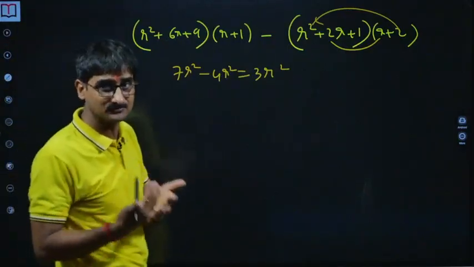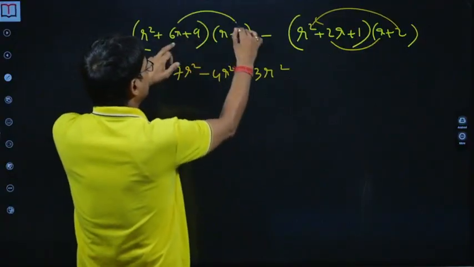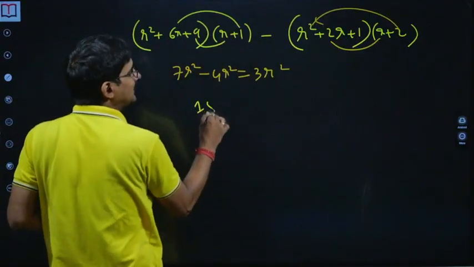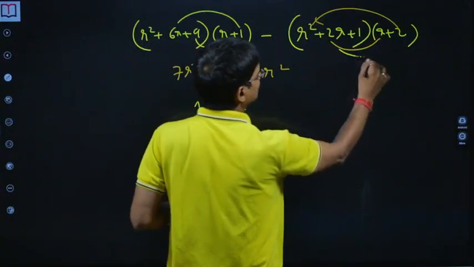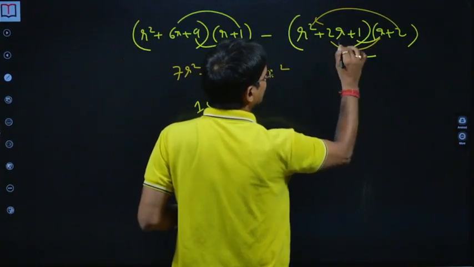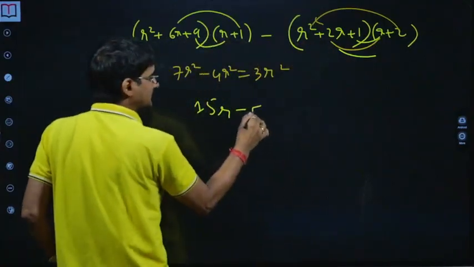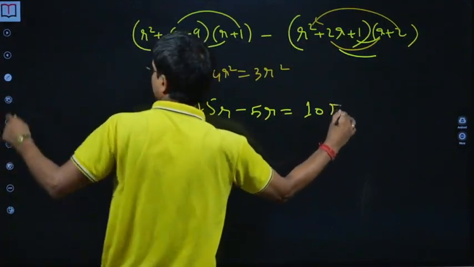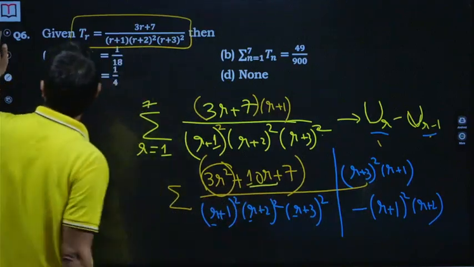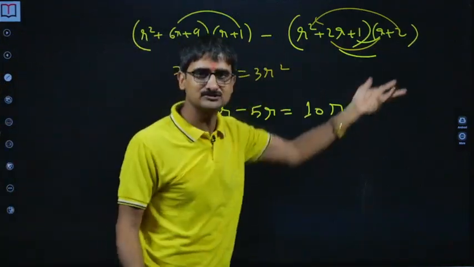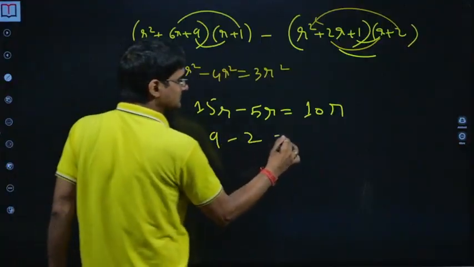Now what next is the coefficient of r. So it is 6r plus 9r, 15r minus r plus 4r minus 5r. So we have 10r. So I think that's the case here, 10r. So we are done. And then highest 9 minus 2 is 7. So quotient is 9 minus 2 is equal to 7.